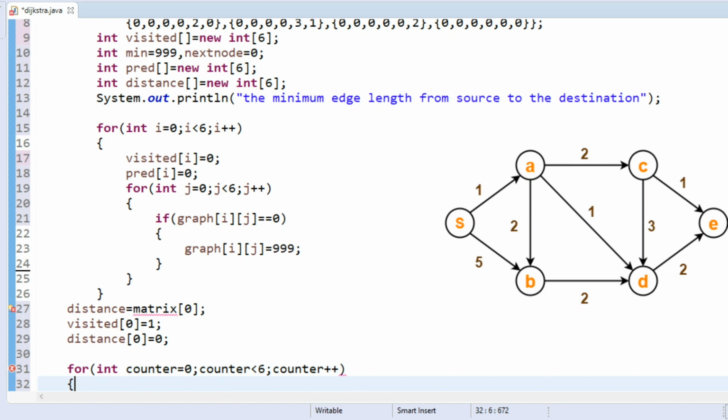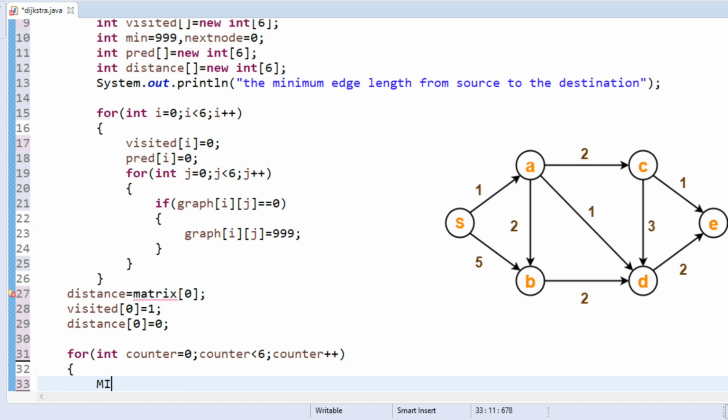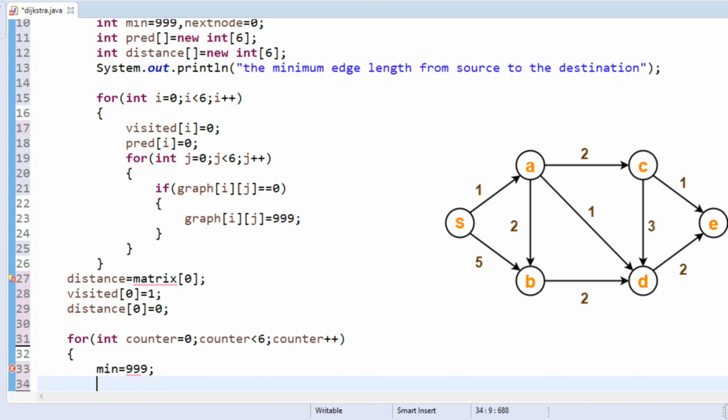In this counter for loop I am going to take min equals 999. Sorry, min equals 999, and I am going to take a for loop for int I equals 0, I must be less than 6, I plus plus.